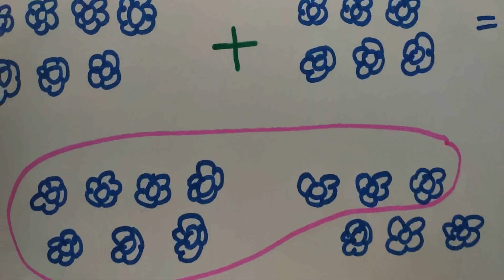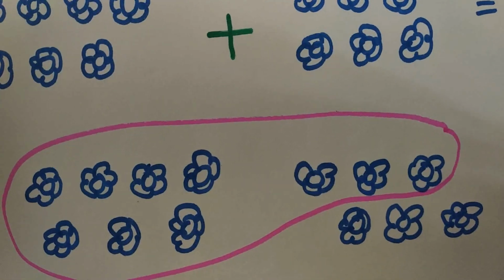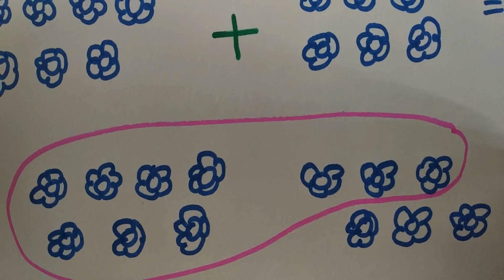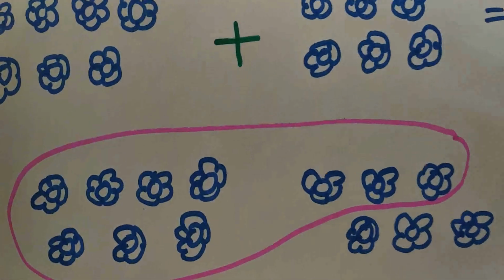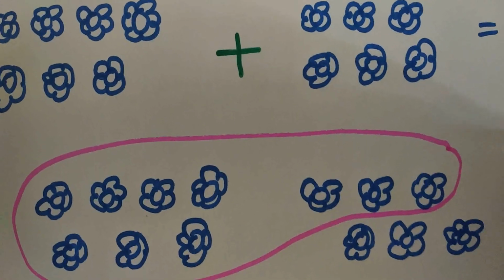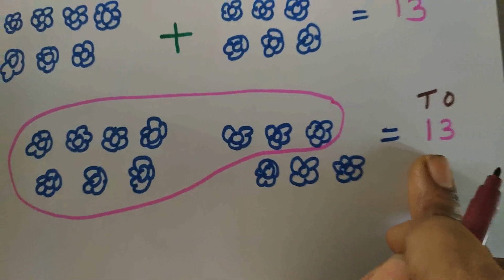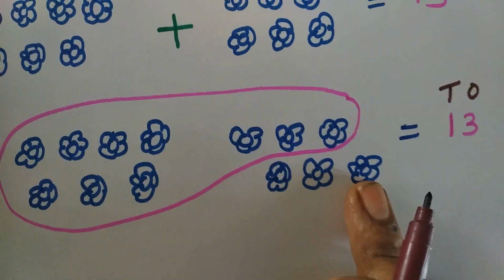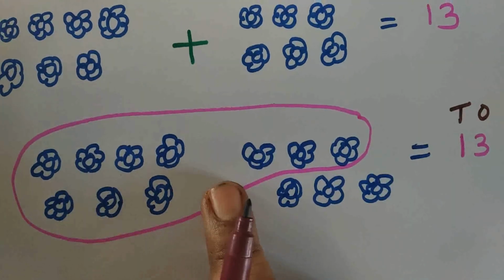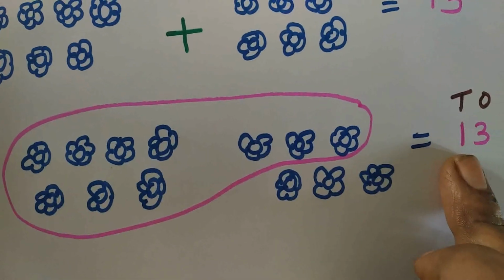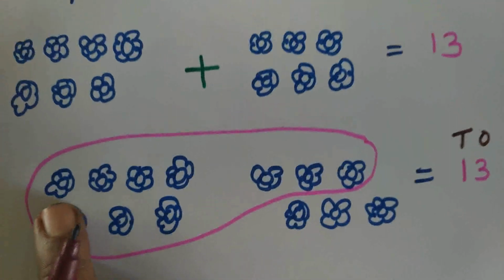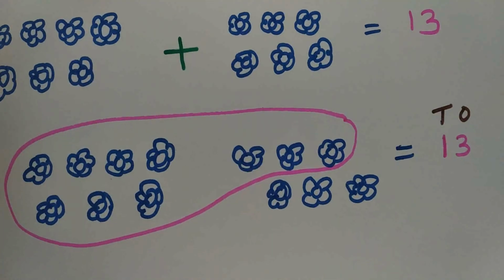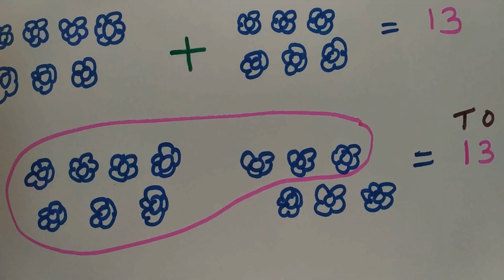Yes, very good. 3 ones, 1 ten. Okay, yes. So here you want to write ones and tens above the numbers. You want to mention ones and tens. And how many ones do we have? 3 ones. And how many tens do we have, children? 1 ten. Like this you can group as tens and ones. That will be easy for you.